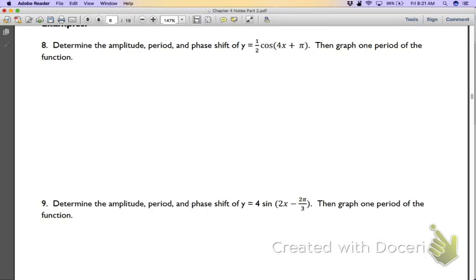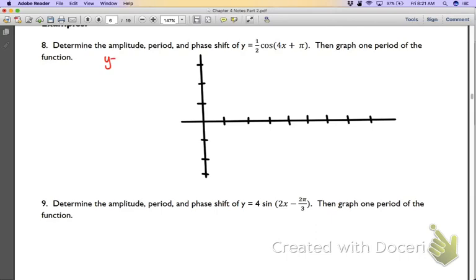So if we have, it says determine the amplitude, the period, the phase shift of y equals 1/2 cosine of 4x plus pi. So first off, if we do this like we did yesterday, and we basically do this in shifts, or in various different ways, the first one, the red one, would be y equals cosine